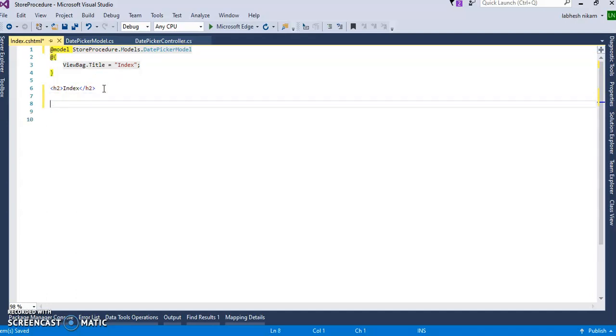Now I will create one div tag, div class equal to container.